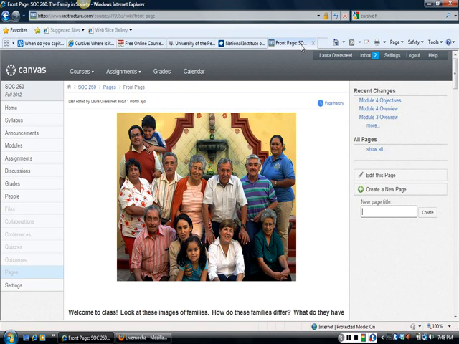But one of the wonderful things about Canvas is that now I can go and try to find an image, and I don't have to sort through all of the rigmarole of finding the kinds of images that are Creative Commons that I can use without any copyright violation, but I can just simply link directly to Flickr Creative Commons images and build a course that's stimulating, and I don't have to spend all that time.